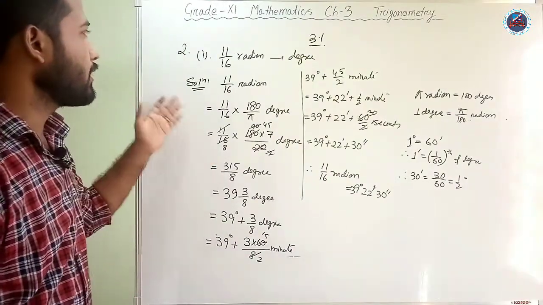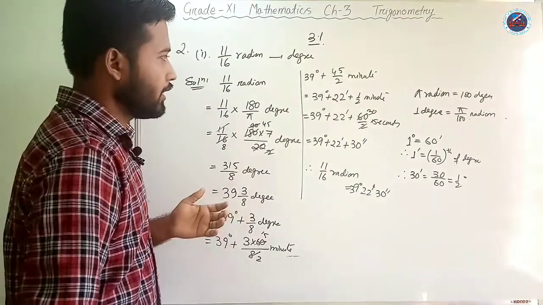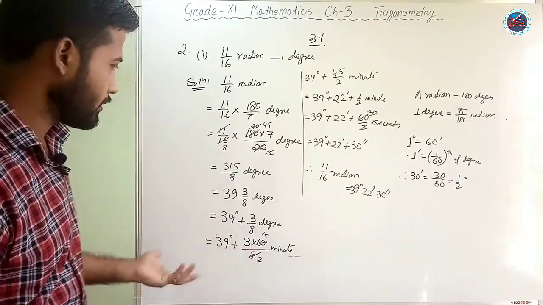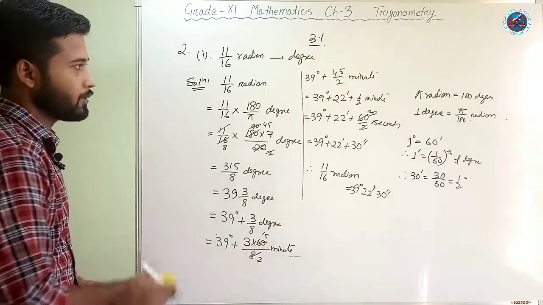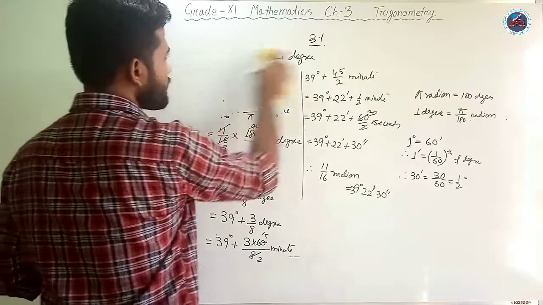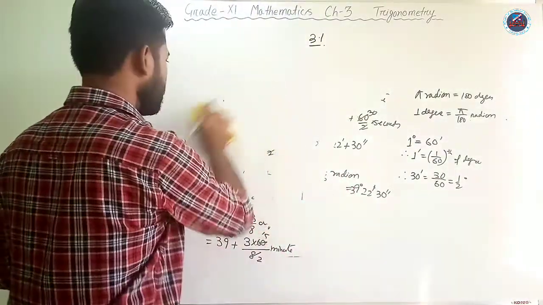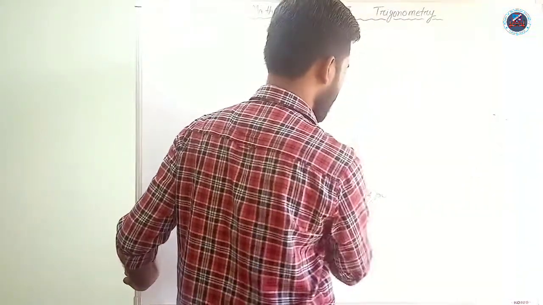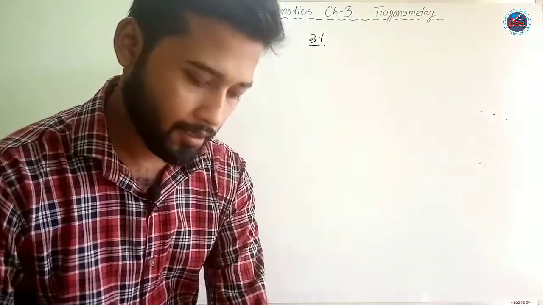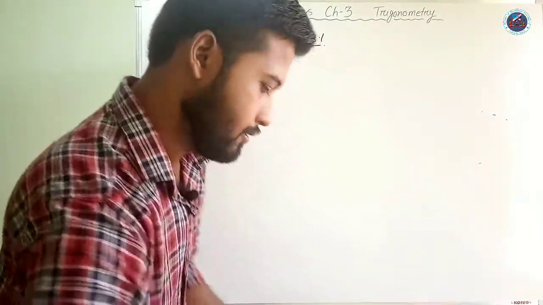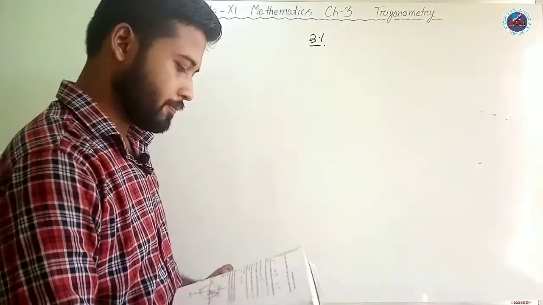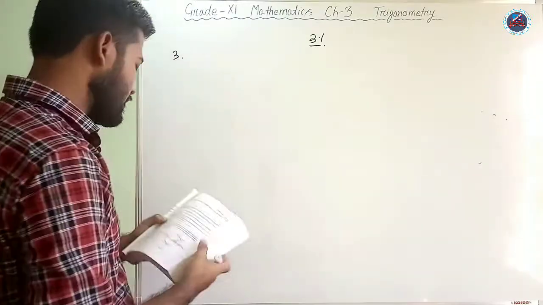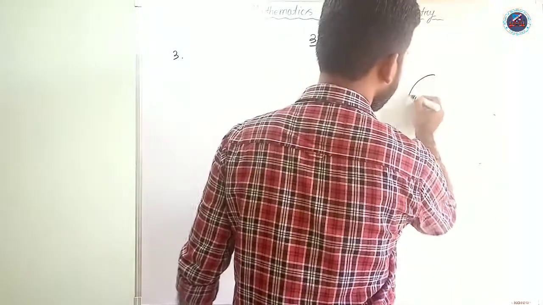Fine. So this is how we convert from radian to degree, and since I have done it in a very elaborate way, you can even simplify it more, or do it more easily, without that much calculation. Now let us see question number 3. So what happens in question number 3? It says that a wheel makes 360 revolutions in 1 minute. Okay, so question number 3 says a wheel makes, suppose this is our wheel.